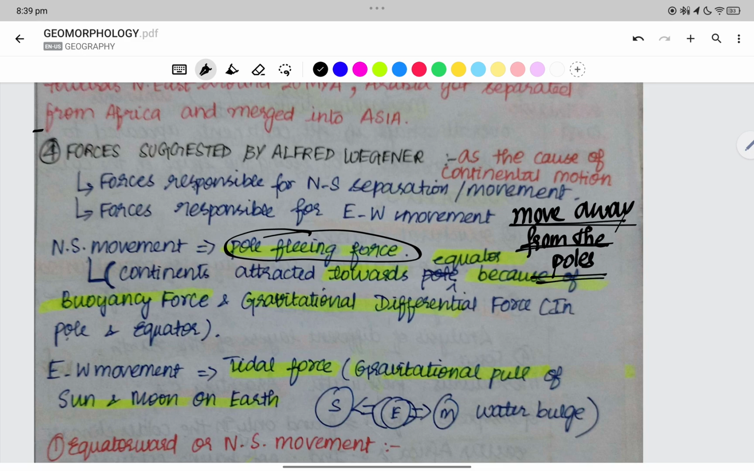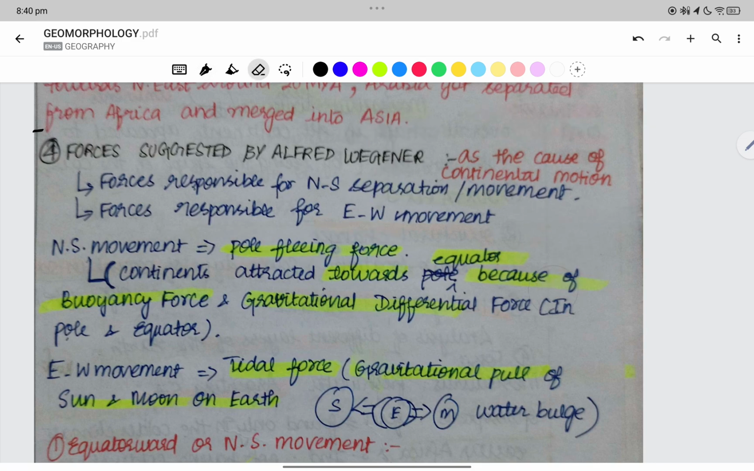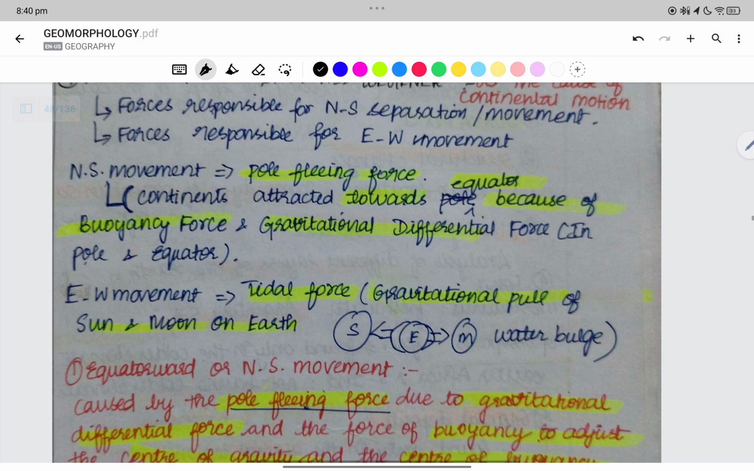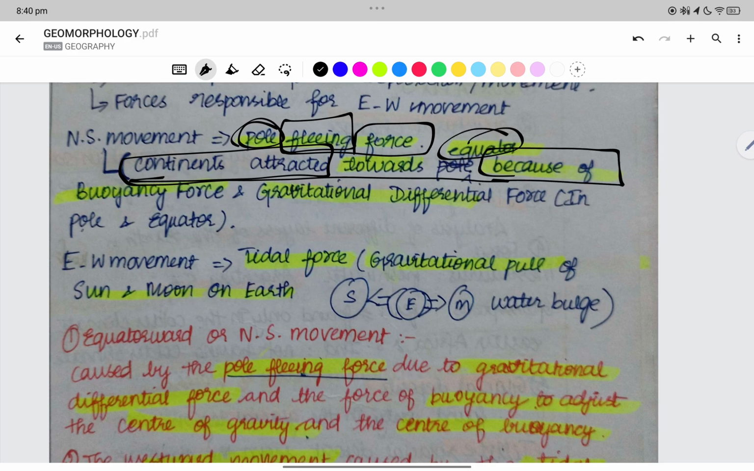The north-south movement is when we are moving away from the poles. This north-south movement is called the pole fleeing force, and the continents are attracted towards the equator because of the buoyancy force, and